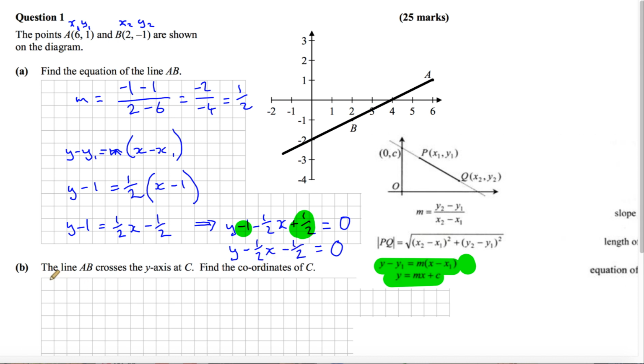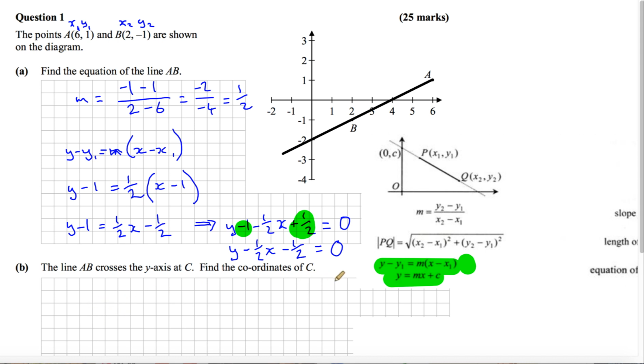Okay, part B then says the line AB crosses the y-axis at C. Find the coordinates of C. Now you can see from the diagram you're expecting C probably is minus 2, it looks like. But that's from drawing the line, so that may not be as accurate as you need. So if we're going to do it